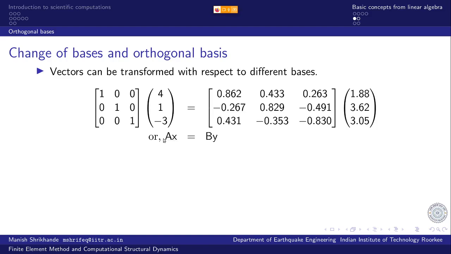So Ax in one frame of reference is equal to By in another frame of reference. And of course A and B are square matrices and positive definite. If these rows and columns are not dependent, then of course the matrices are invertible. And by virtue of the fact that we have always insisted on independent basis, these vectors are of course independent of each other.